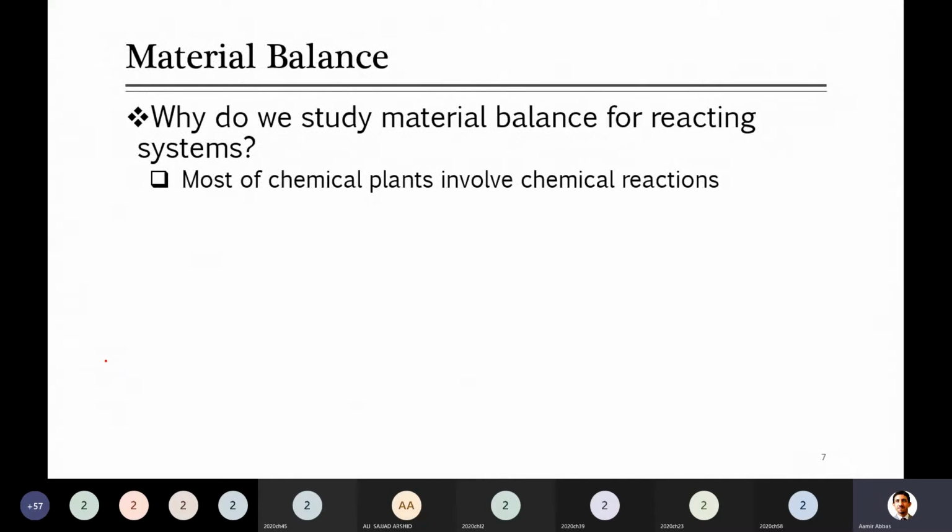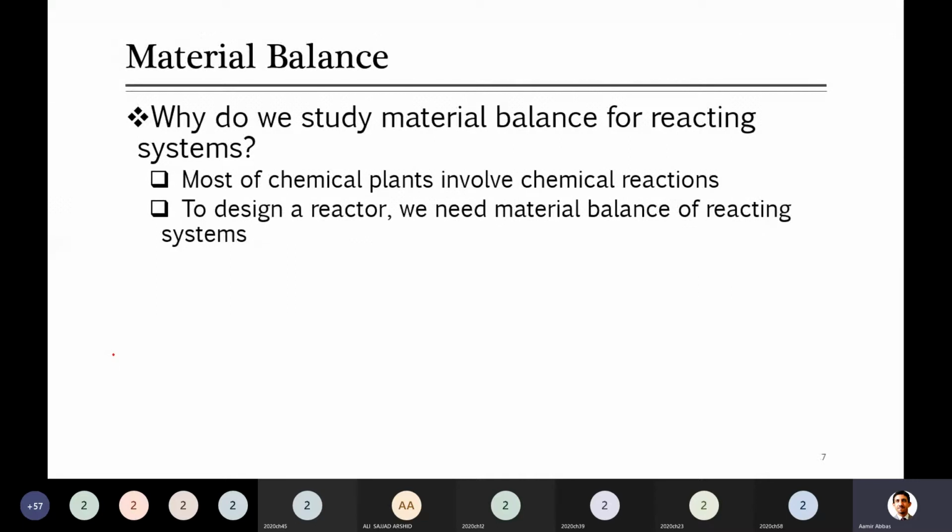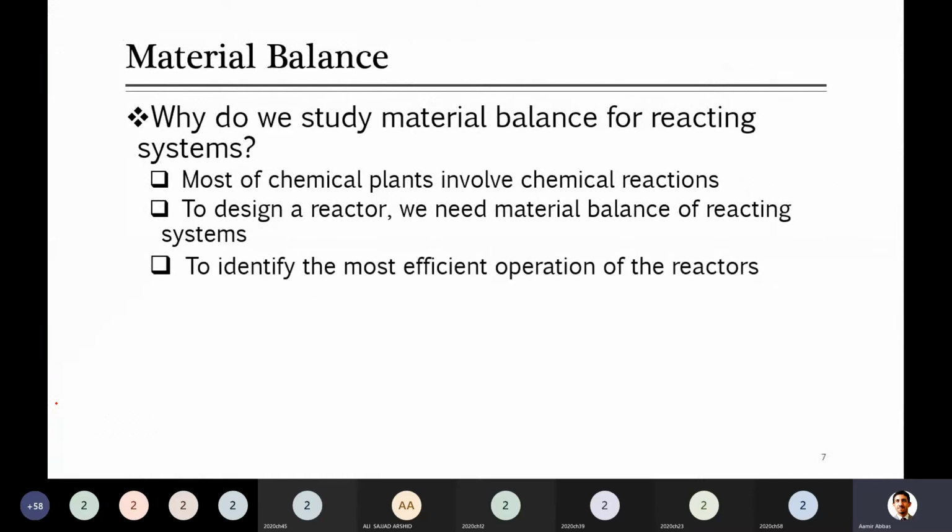Second, when we talk about reaction, there is some piece of equipment in which the reaction takes place, which is named a reactor. So whenever you have to design some reactor, you will need material balance to solve the things on that reactor. And when there is a reactor, there is a reaction, and you should be able to solve such problems which involve reaction.